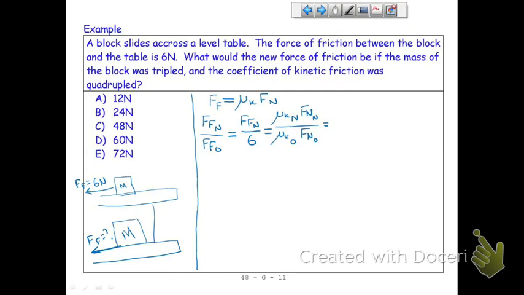So this would be mu k new times m new g new over mu k old times m old g old. Just taking the two relationships and putting new over old. It's always good to put new over old. So I say FF new over 6 is equal to, I don't know the value of mu k, but I do know